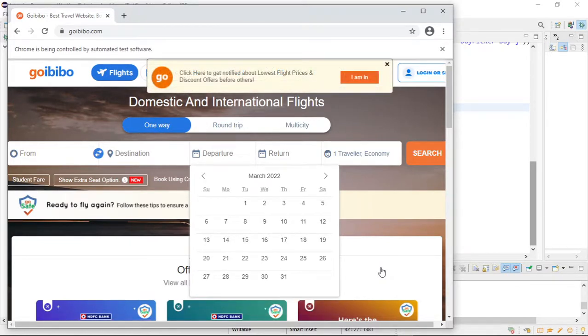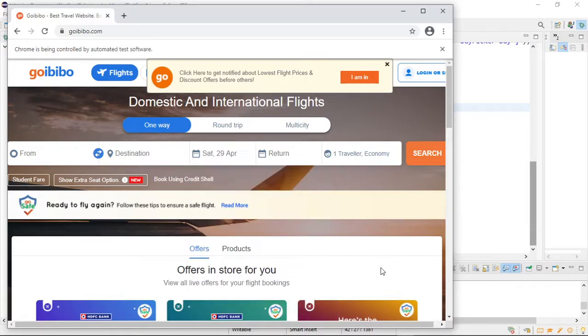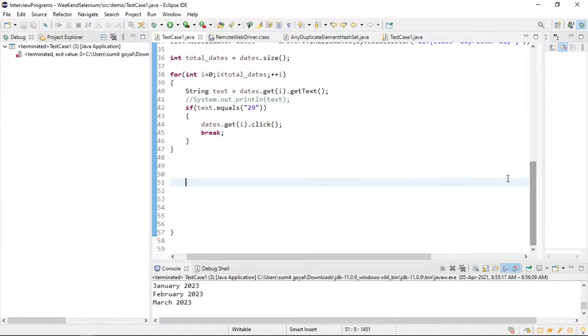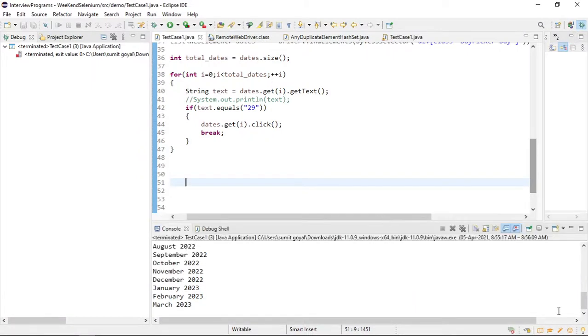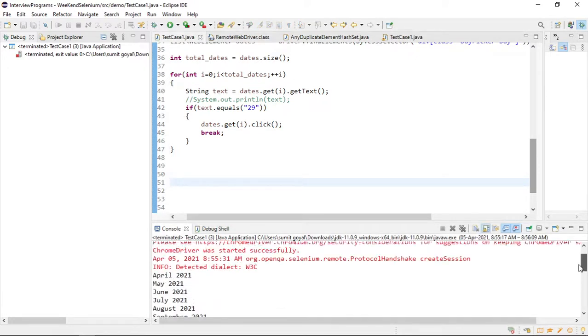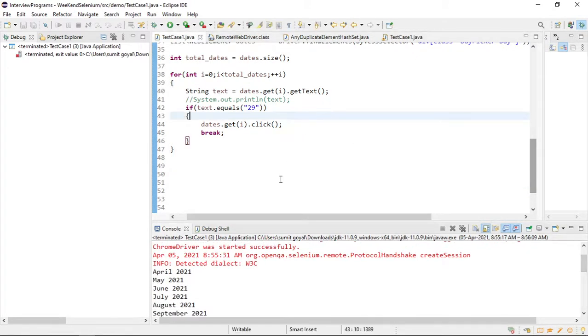It will go till the end. Now it should select 29. So now our date is selected. This is how we can handle the calendar. It has also printed the dates which it came across because I have given print detail inside that. Is it clear to everyone?